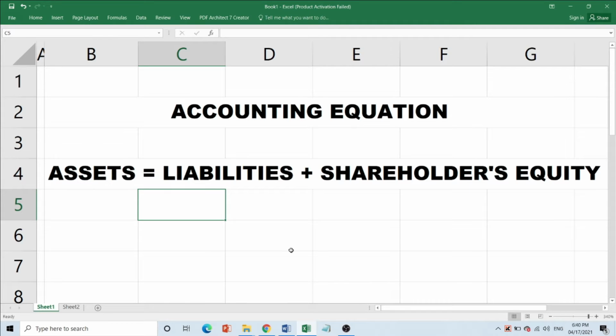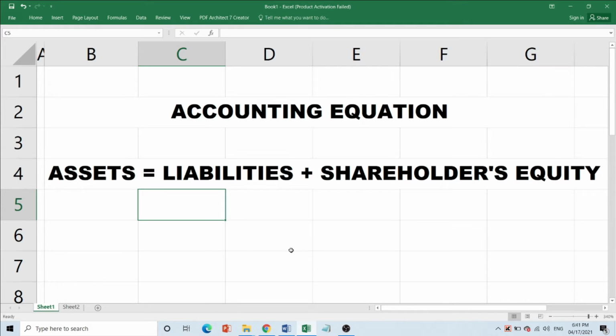If mapapansin po ninyo doon sa balance sheet, nag-a-appear po doon si assets, si liabilities, and si shareholders' equity. Okay, ano po ba ang purpose ng accounting equation? Why do we need to understand thoroughly the accounting equation? It is said that an accounting equation sets the foundation of double entry accounting. In order for us to understand better the transaction and para po natin ma-analyze ang transaction, kinakailangan alam po